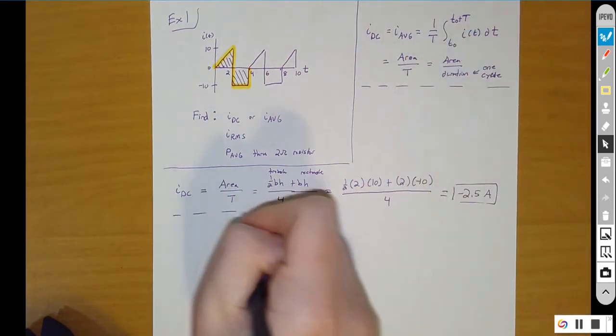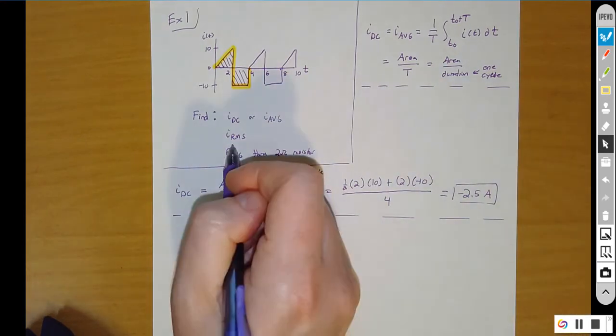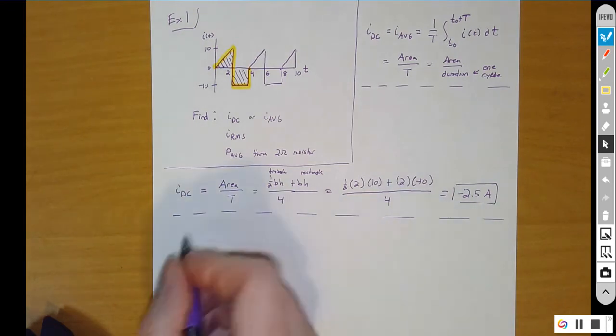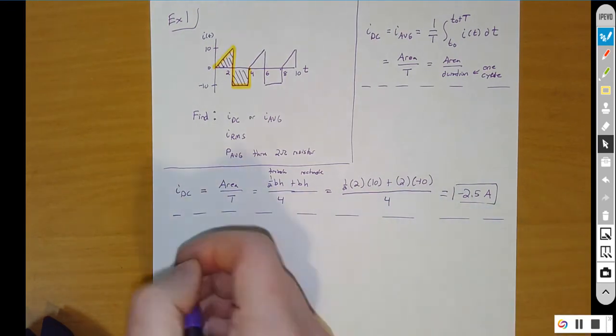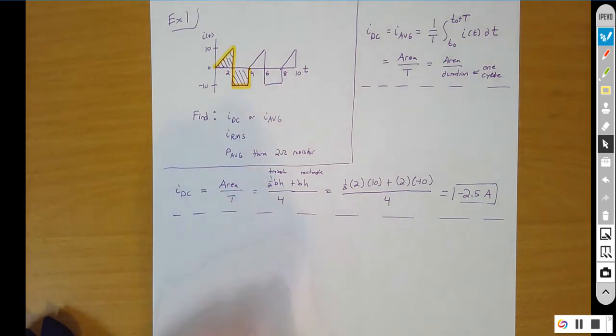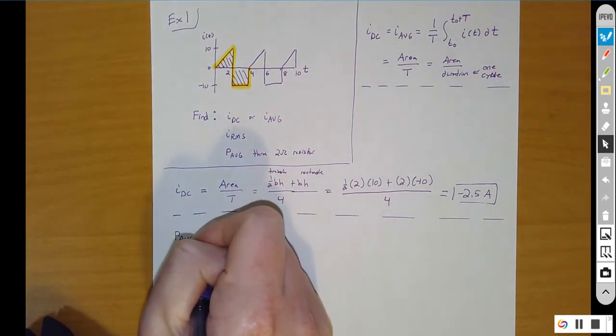Alright, so the next thing we need to find is the RMS current. Now the RMS current, there's going to be a little bit of derivation to get to that. So I'm going to actually work that down here. RMS current and voltage come from this desire to algebraically find power. So let's start off by writing an equation for average power. So P average